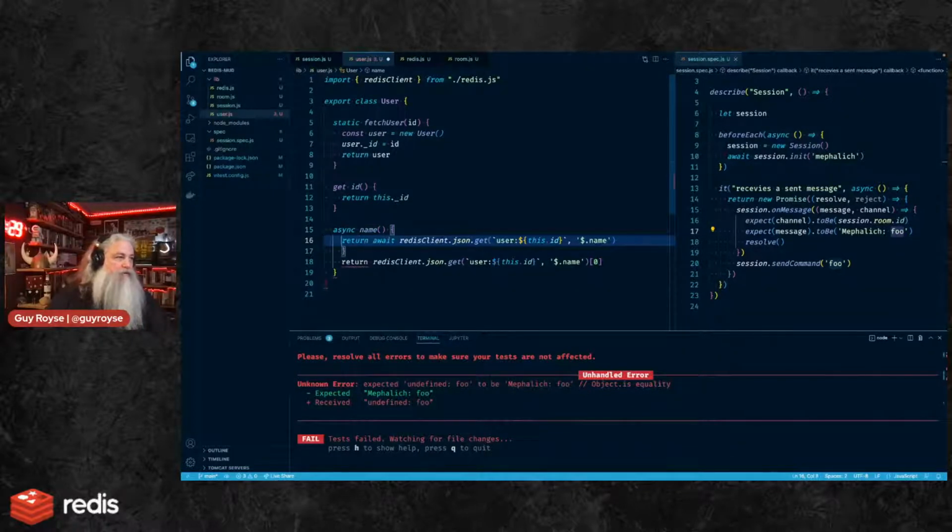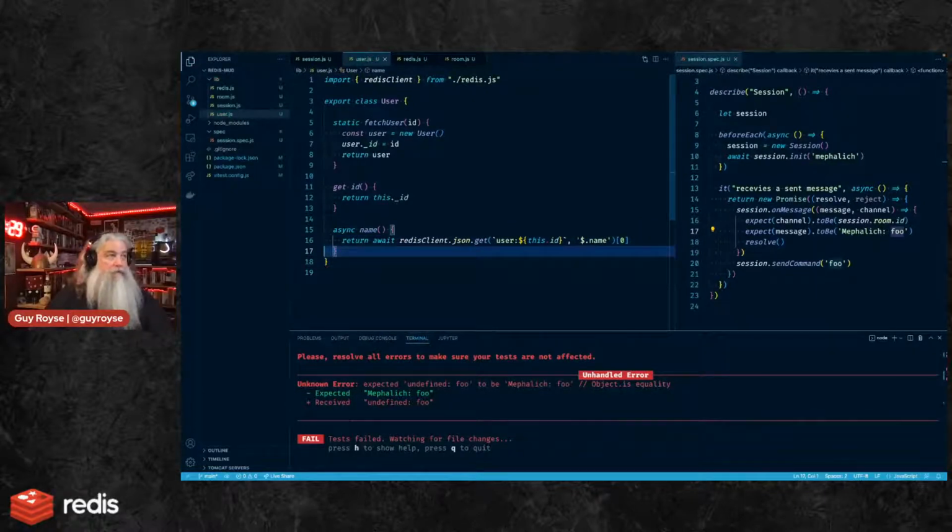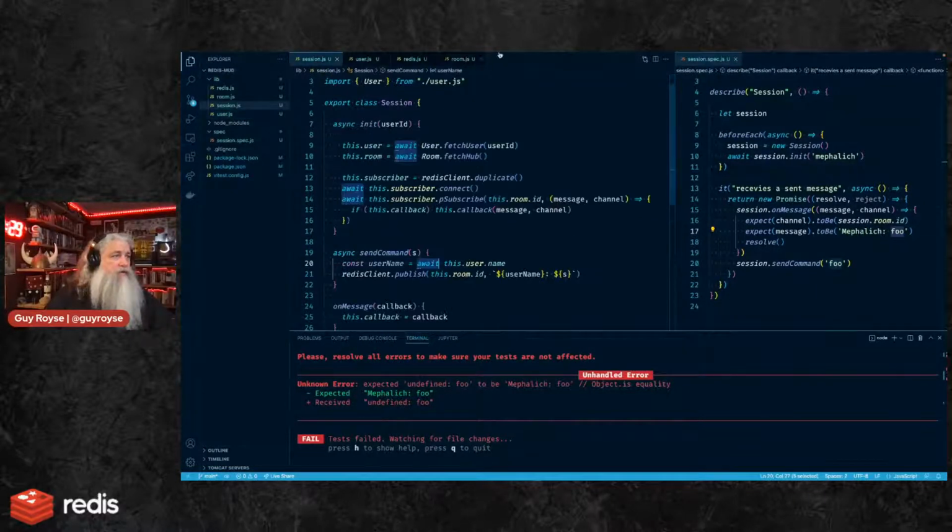And then it would just be a matter of... that would probably work. And then in the session here, instead of calling that... Oh.